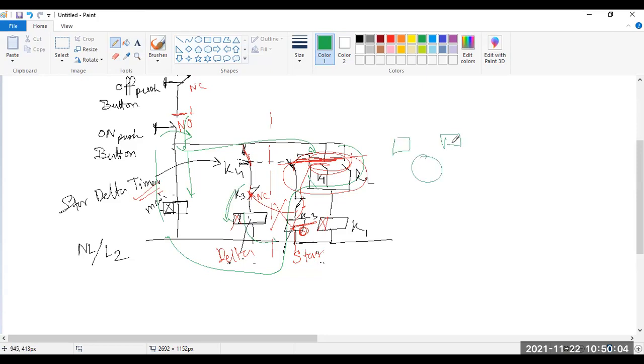In another contactor, there is the main line, and here star and delta are there. Connection is coming here also, here also. So here the contactor, once it breaks, then it will make.